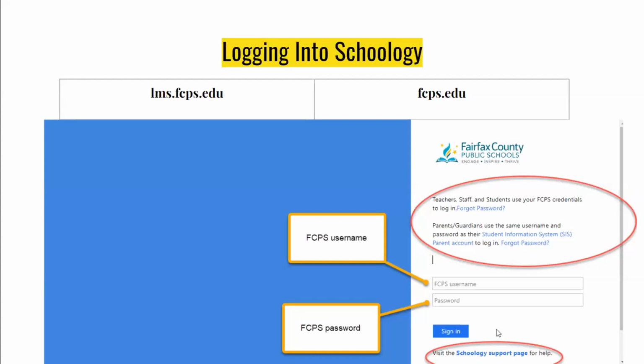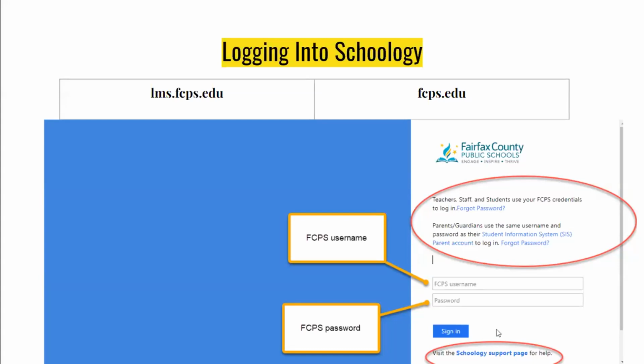And once you log in, you will see over here on the left-hand side a place for you to type in your username and your password. And this is again where you obviously would type in your username and your password that you received after you requested the account. Same thing goes for your child. Your child will type in their username and their password. Their username is their student ID number and their password is their same password that they use to log into the computer. So for the students, the username and the password is the same for basically everything. Okay, so those are the ways that you can access